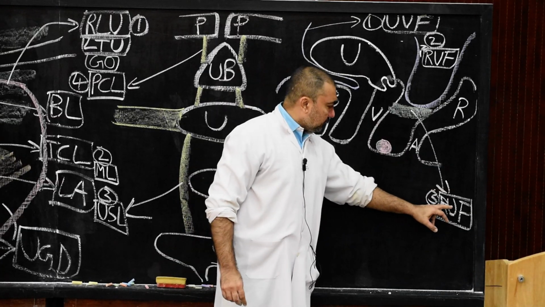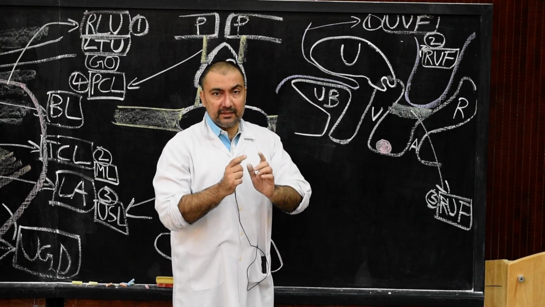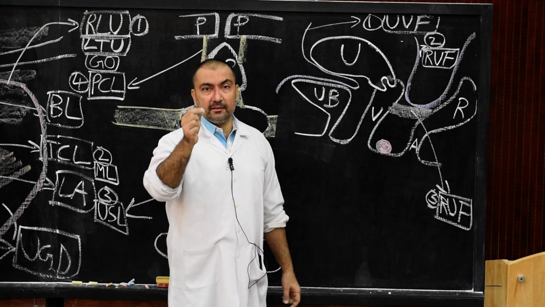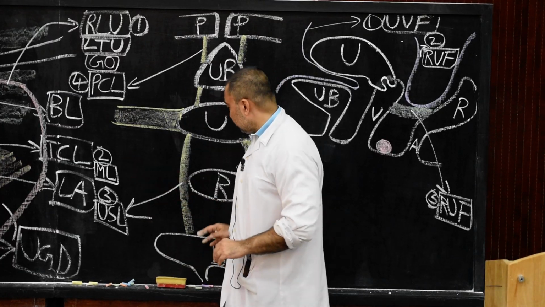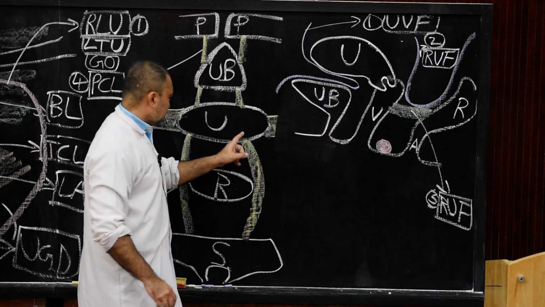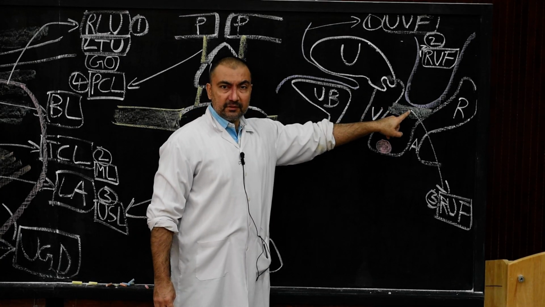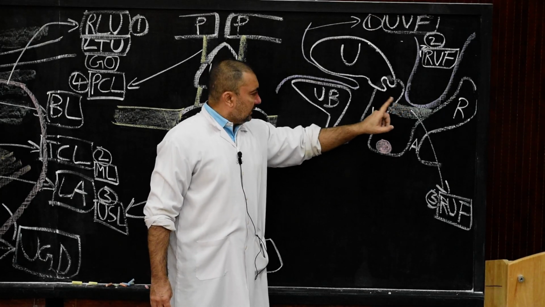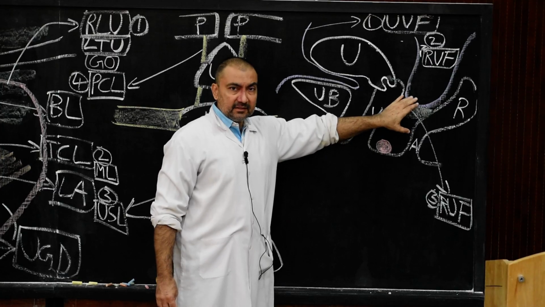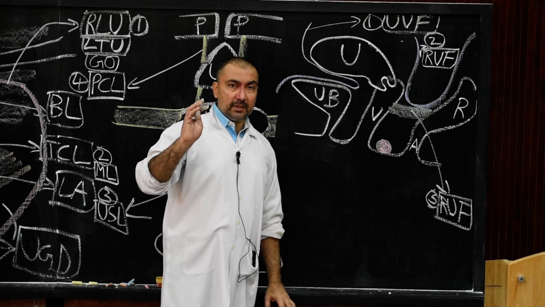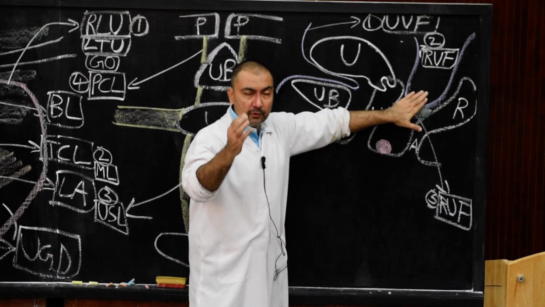Now these recto-uterine folds will enclose one pair of true ligaments which I had discussed with you, and that pair of true ligaments was the uterosacral ligaments. Remember, the uterosacral ligaments are enclosed within these recto-uterine folds. So now the entire pouch that is produced here, where my fingers are, is called the recto-uterine pouch of Douglas.